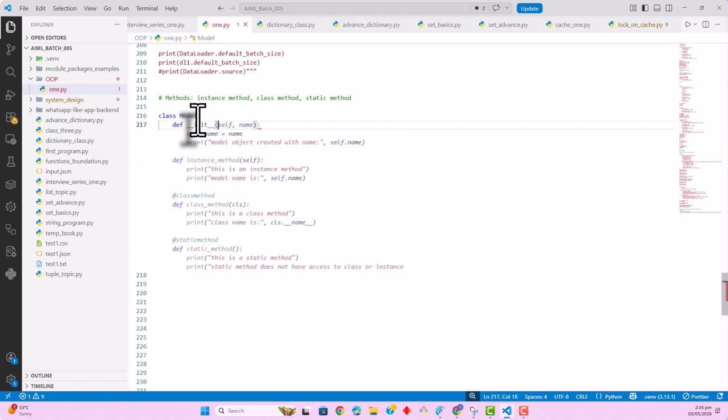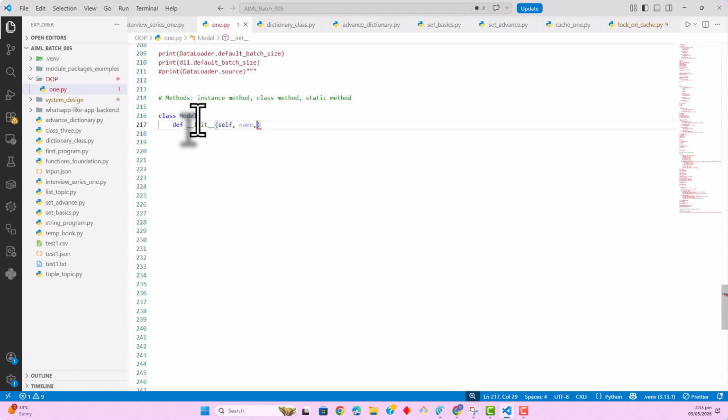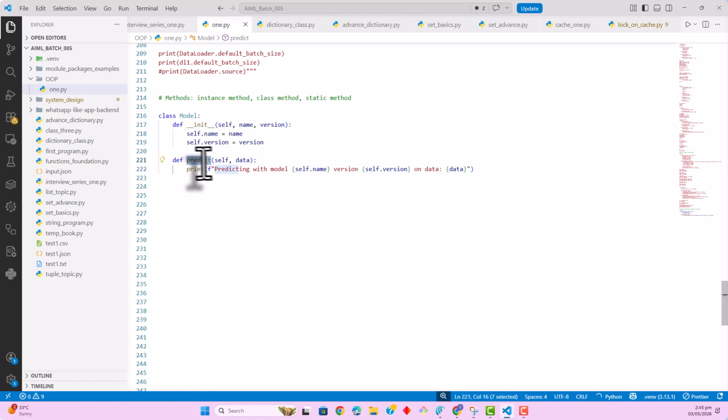This is the constructor, with self and, let's say, name, comma, version. These are the two extra fields I am expecting when I'm creating the object. And then I'll say self.name equals name, self.version equals version. So now let's say I'll create a method, let's say predict. This predict method is an instance method